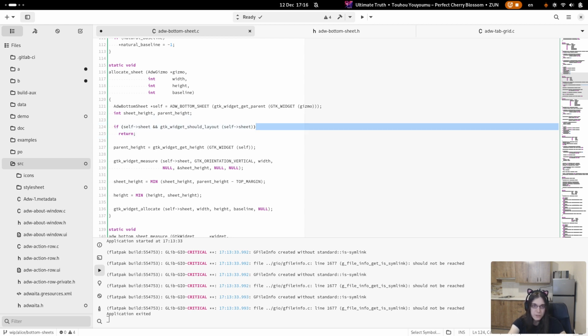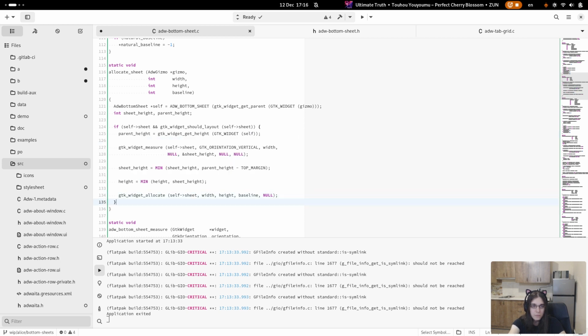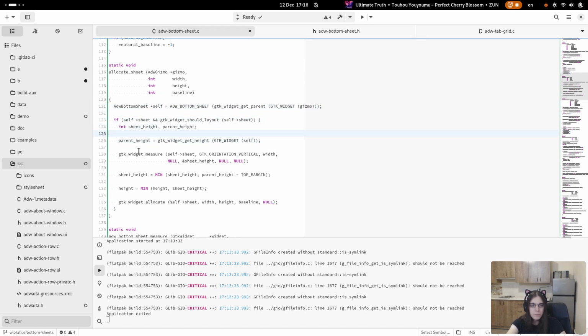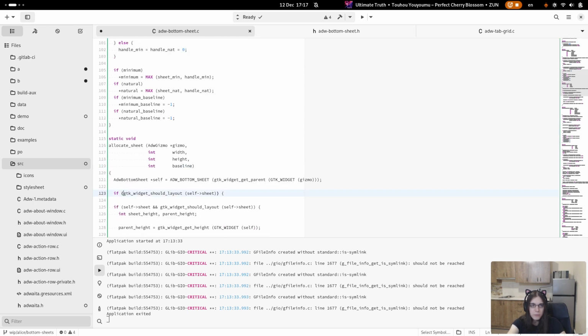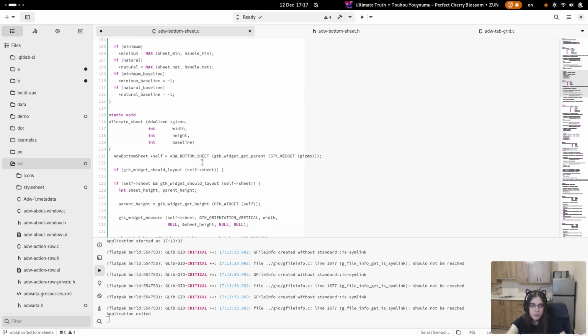If this exists, then we do all of this nonsense. And the drag handle, well, we don't need to check if it exists because it's always there. We just need to check if it's visible.